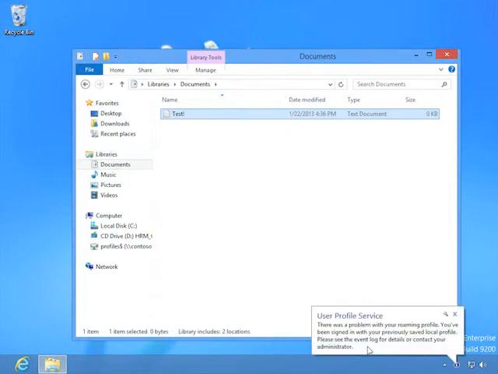In the notification area at the bottom of the screen, you'll see that the user profile service is showing me an error. This pops up because my computer couldn't talk to the domain controller. I'm working in a virtual environment here and I don't happen to be running the domain controller now. So it tried to connect to my roaming profile, but the domain controller wasn't running and caused a problem. Now I'll jump back to my server